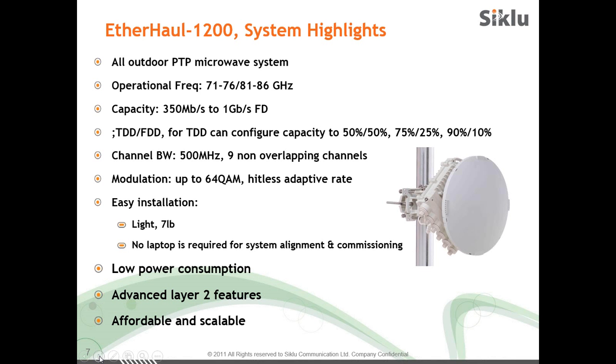Speaking of the TDD product, we are ranging basically from 700 aggregated all the way to full gigabit, and the FDD basically runs up to full gigabit, full duplex capacity. The TDD product is nice because, as we'll see later in the prices, it is a cost-effective solution for those applications where you don't really need the full duplex symmetrical throughput. Let's say applications such as CCTV, where you have a clear flow of traffic in one direction,